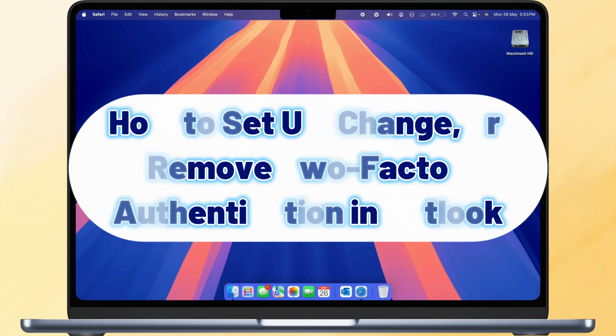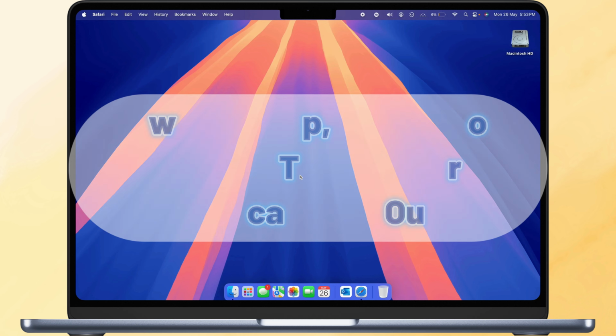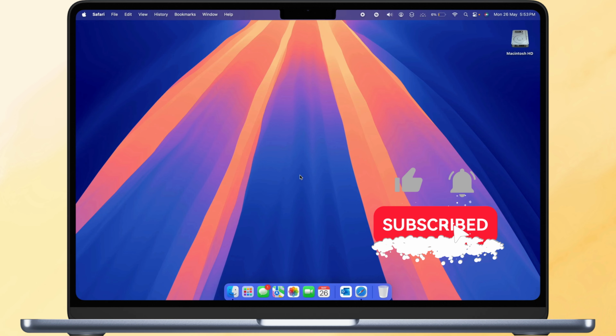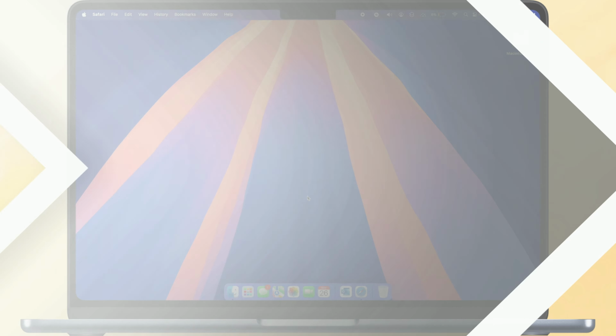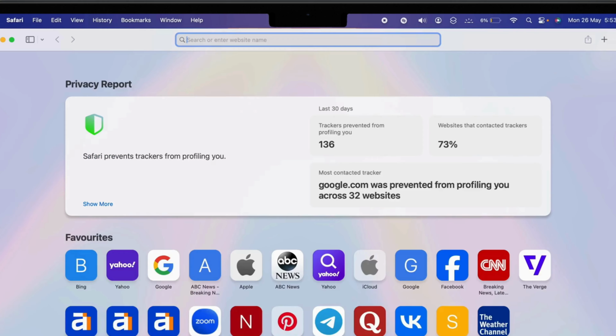In this video, I'll show you how to add two-factor authentication to Outlook to secure your account, and how to change and remove the two-step authenticator. It's quick, easy, and helps protect your personal information. Let's get started. First, open your browser and go to